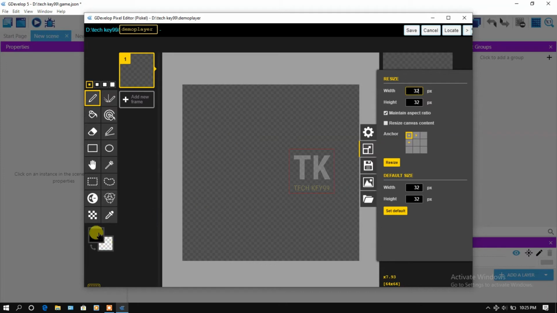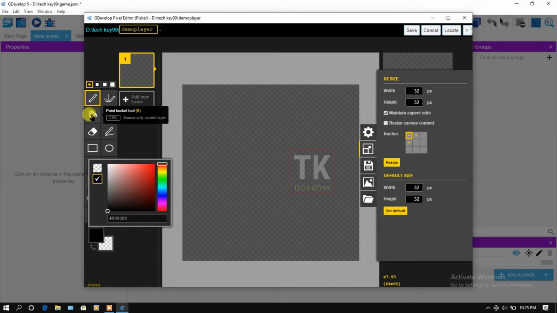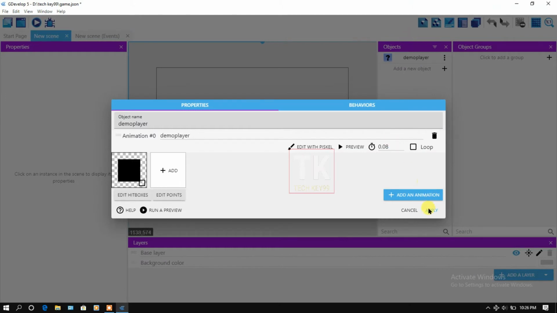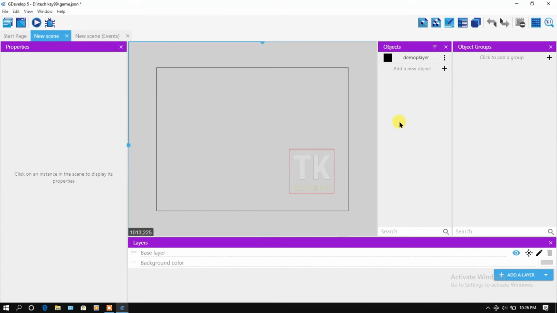Let's see how you can make a button. Click on black. Click on the paint bucket tool. You can also press B for the bucket tool. Click on the work area. Save. And click on apply. Pull this object onto the work area.